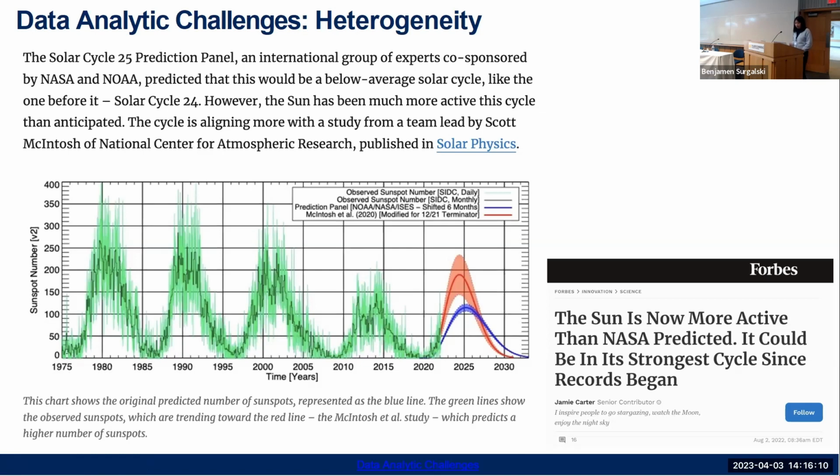So those are the time points where the sun is super active. And then before 2020, scientists, especially NASA, were predicting our upcoming solar cycle to be a super quiet one, just as the one that we experienced before. So the blue one is actually the predicted solar activity level.